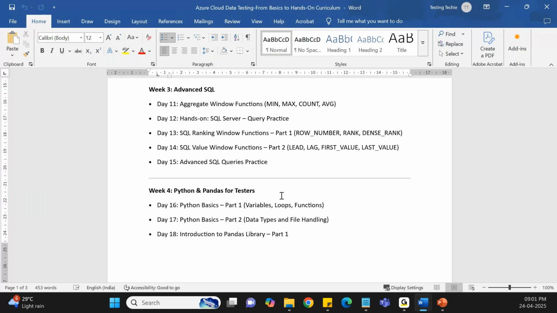Like in data cleaning and data matching. My question was, do we use Python inside Azure, in coding? Yes. That is where we have Databricks. Inside Databricks, we will create notebooks where we'll be using Python as a scripting language, and we will utilize the pandas library for data comparison and data cleansing activities.